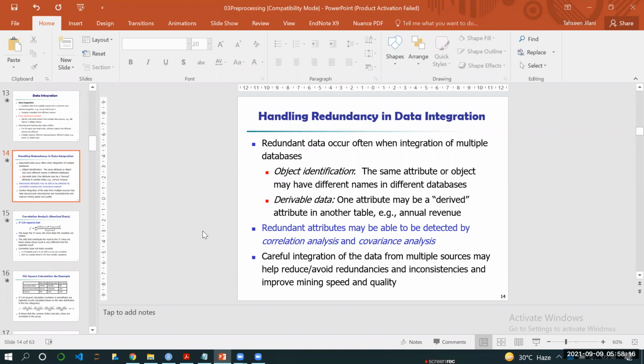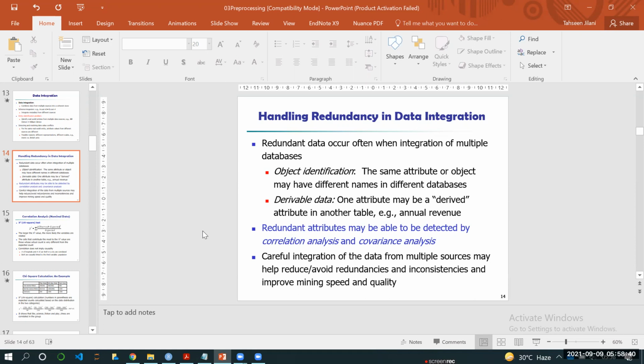The dot product of two vectors is the same as the correlation of two vectors or two variables. If there is a large correlation or dot product, that means the two columns or two variables are very close or very similar to each other. So if two variables or two fields have a strong correlation, one of them should be removed